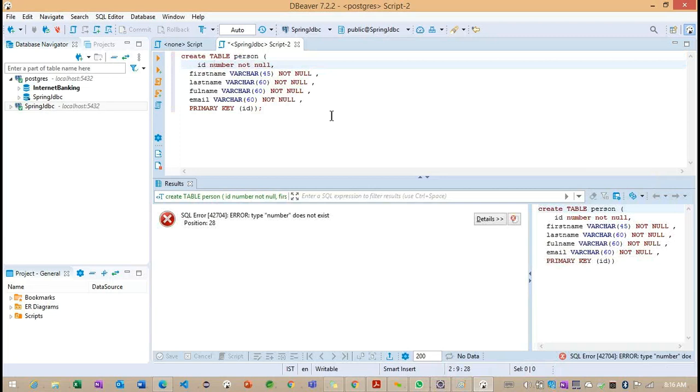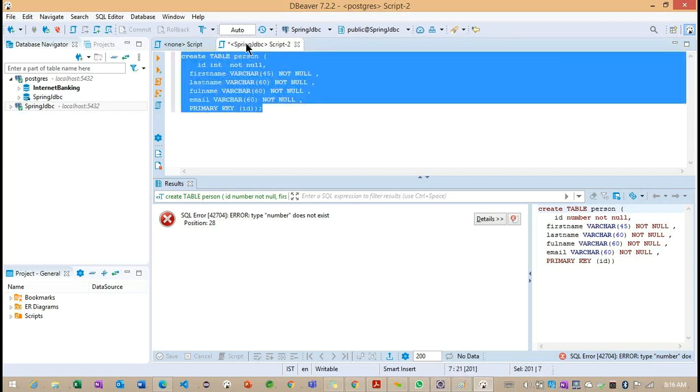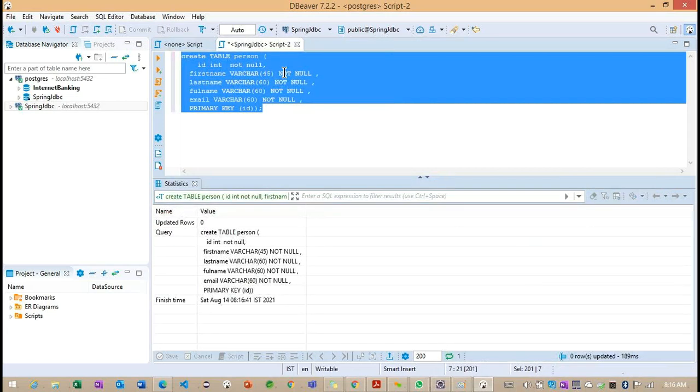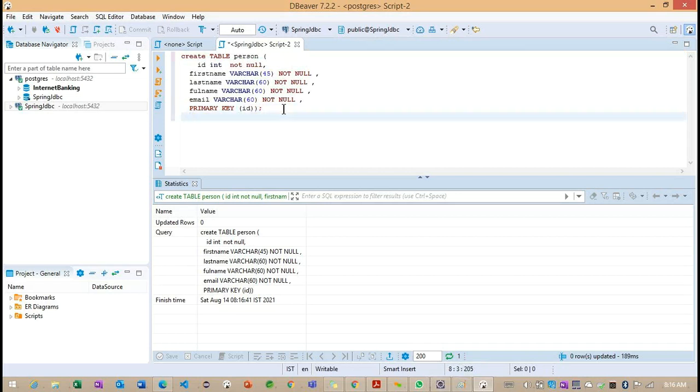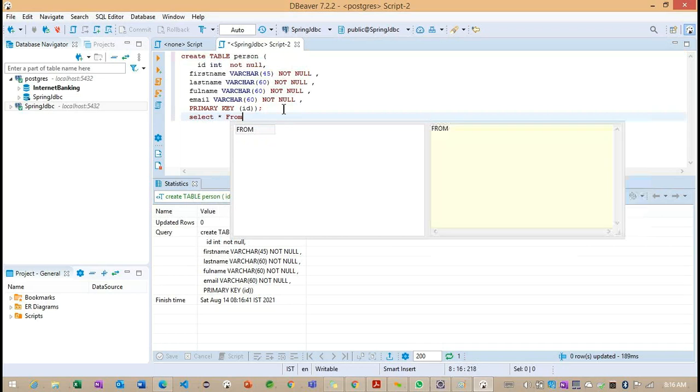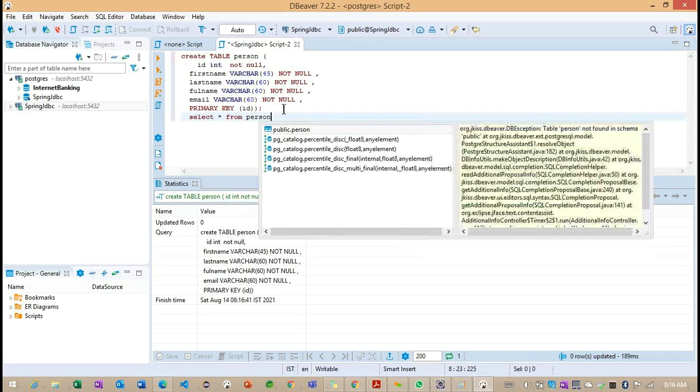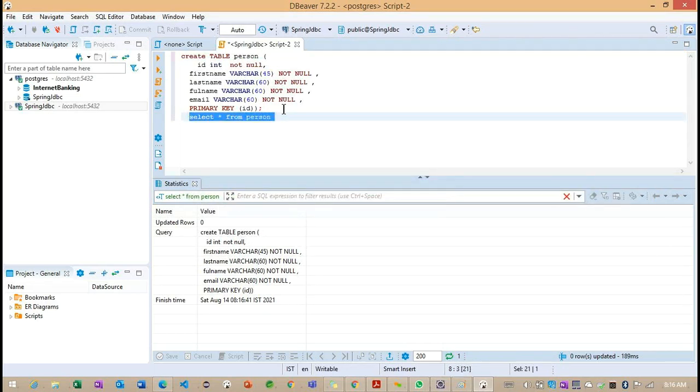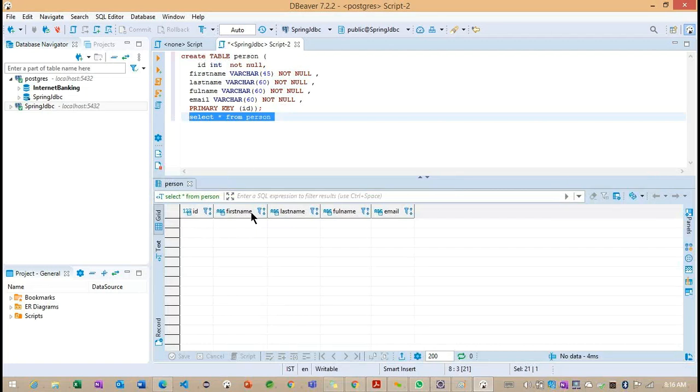So number does not exist. What is the data type they are going to have? Number into. Okay, so the table is created. Now what can we do? Select star from public person. No data.